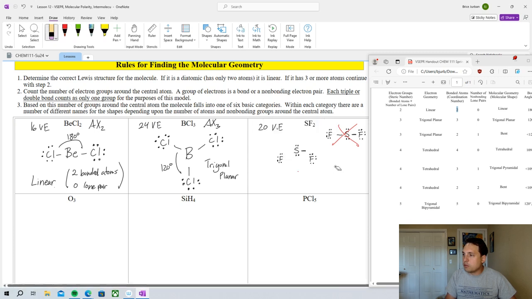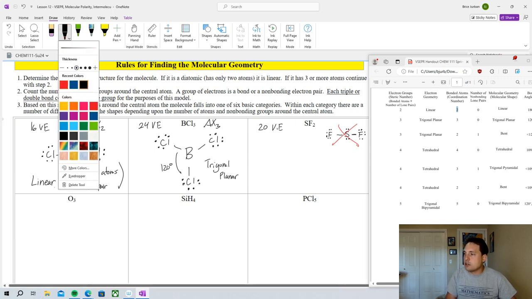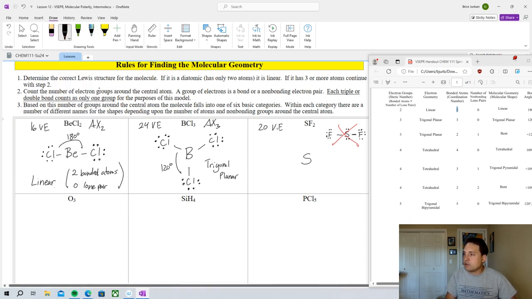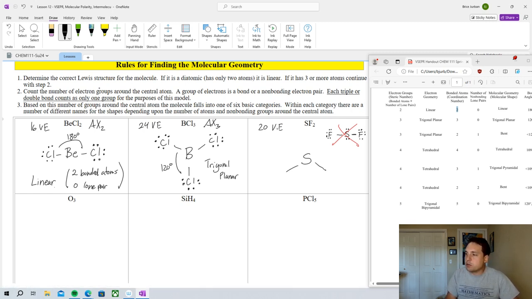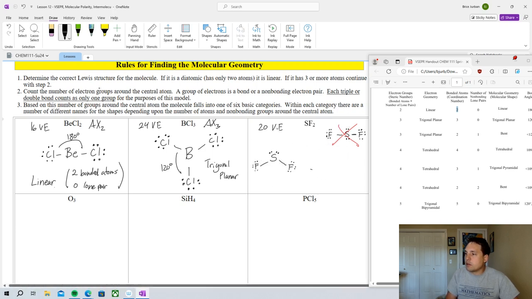But moving the sulfur up, I'm just going to redraw it because it's easier. And the easiest way to draw these shapes is where you just draw like a V, and then you put the lone pairs like this. There's another way we can draw this,